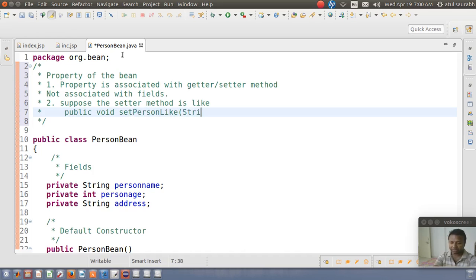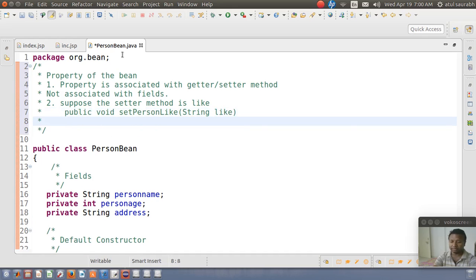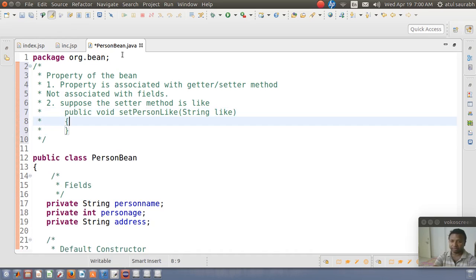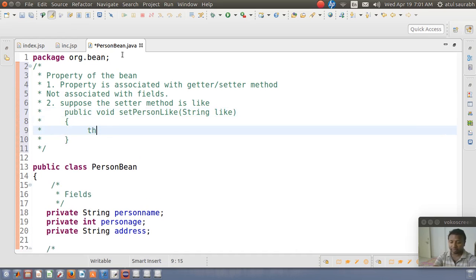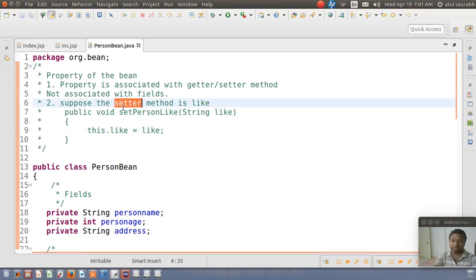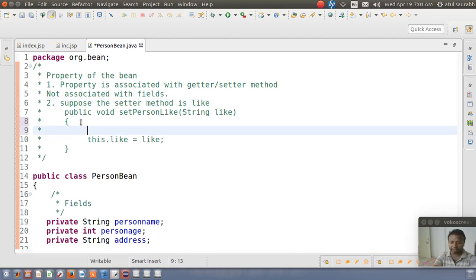We need to pass a string like, and then we say this dot like equal to like. Okay, so let us say the setter method is like this. In some bean, if the setter method is like this, setPersonLike, right? Note it down that the like here